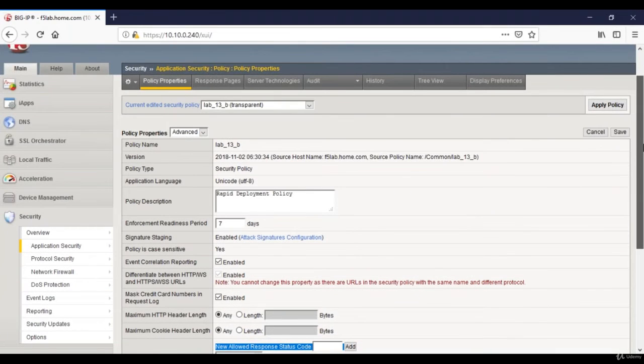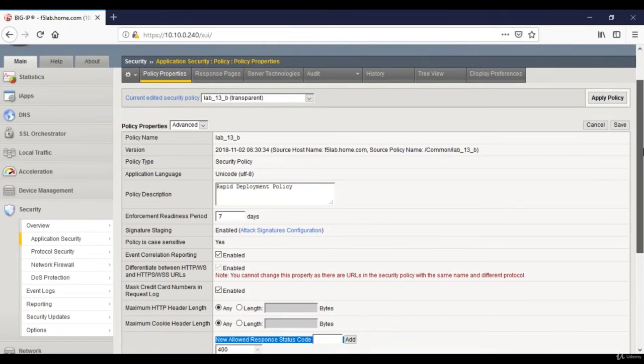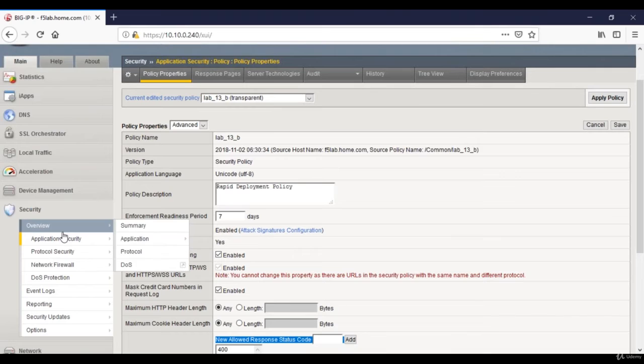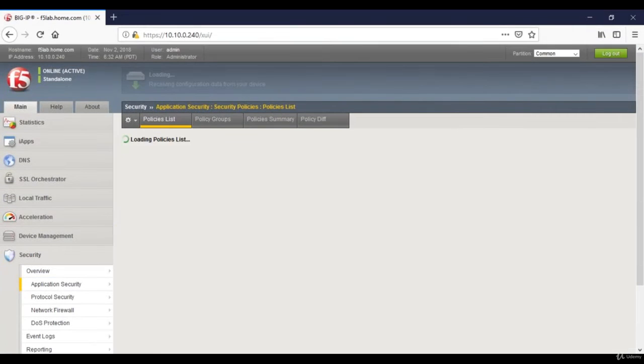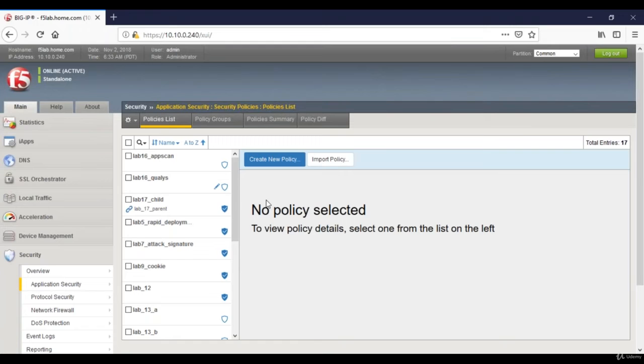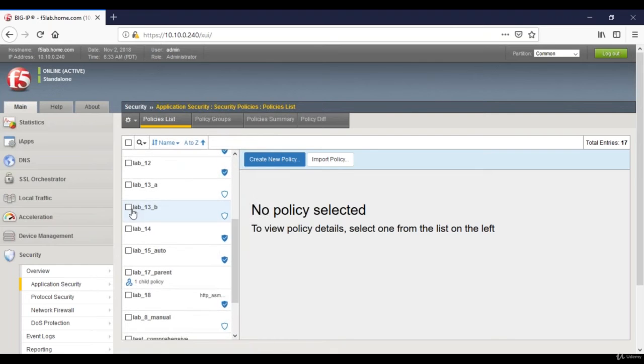So what I'm going to do is export this security policy and then change the settings in the XML file. In order to export the security policy, you will be going to Application Security, Security Policies, and let's say just choose that specific policy. Select this